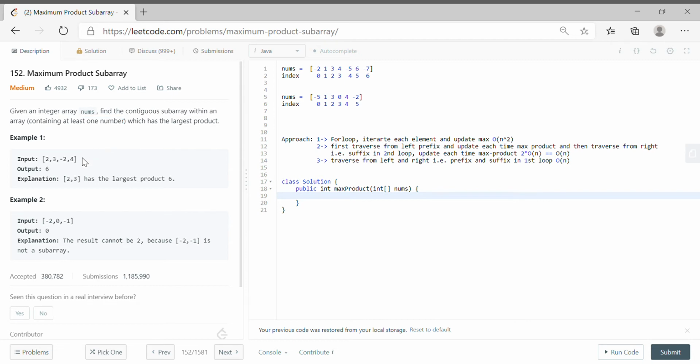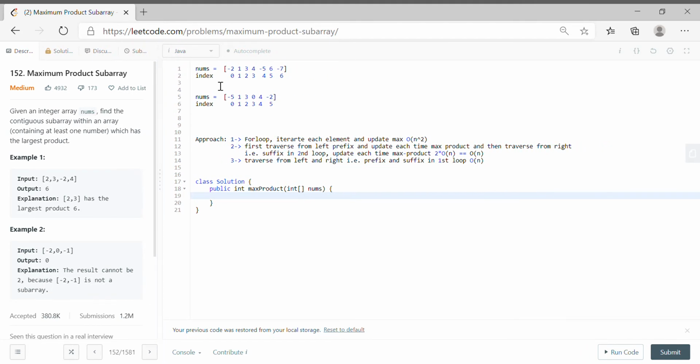Cool. So if we move to example 2, 3, minus 2, 4, how can we get the maximum contiguous subarray? If we start from 2 and multiply by 3, we'll have 6, and if we multiply by minus 2, it will become negative, right? After that there's no negative number, so we'll stay negative, so the maximum will be 2, 3. Similarly, from the right, 4 into minus 2 is minus 8. If there's no negative, we'll get the negative. Cool. Okay, we'll move to the example part, right?